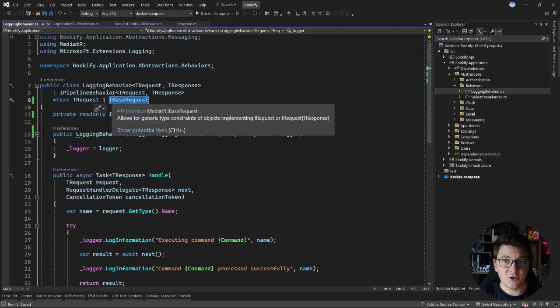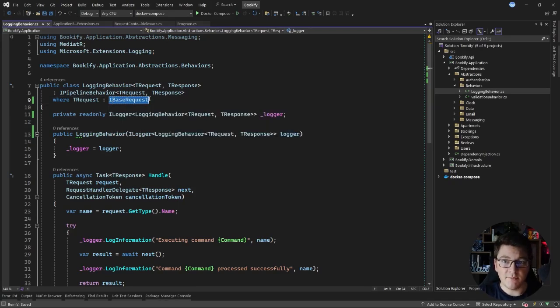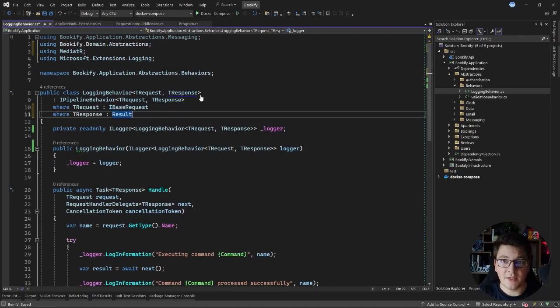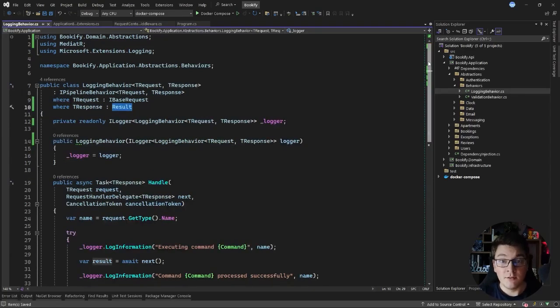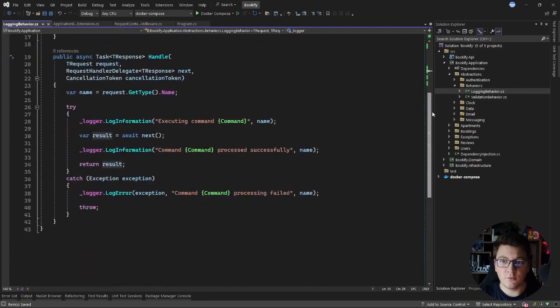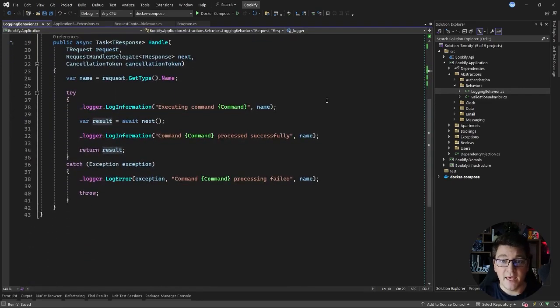can replace this generic constraint to target the IBaseRequest, because my command and query abstractions implement this interface under the hood. I'm also going to add one more generic constraint, that the response type of my requests is always a result object. And I made sure of this when I was defining my command and query abstractions. The reason I'm doing this is to improve the logging in my handle method, and we can start by making